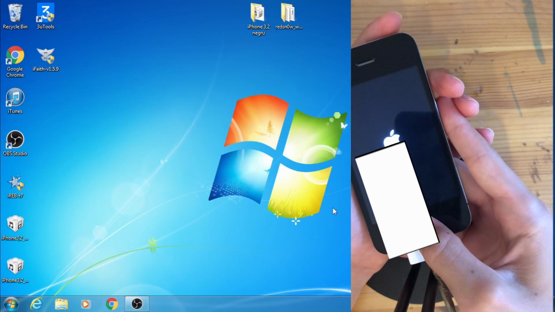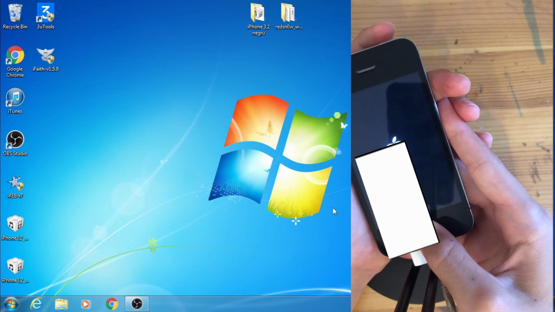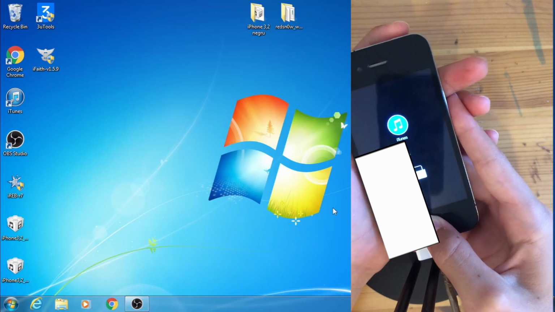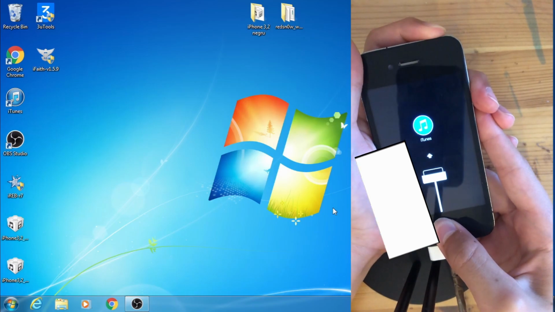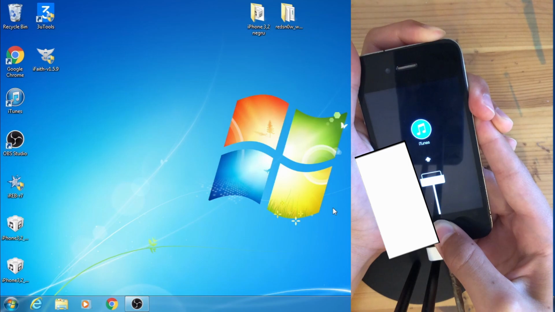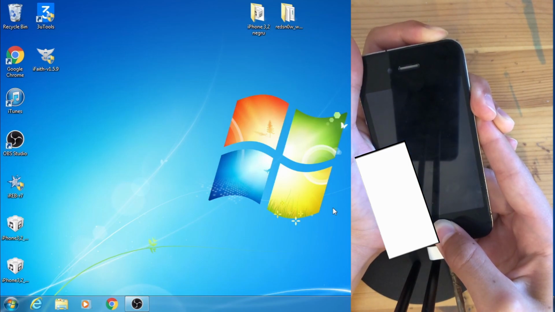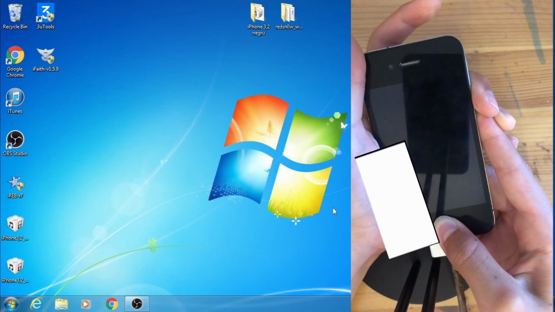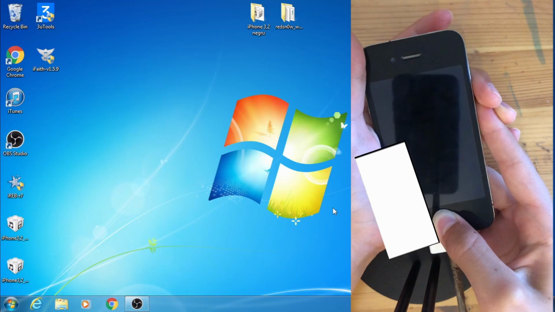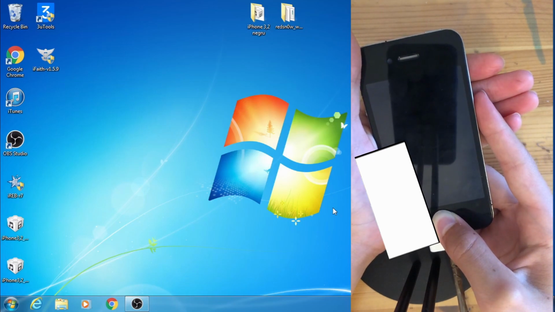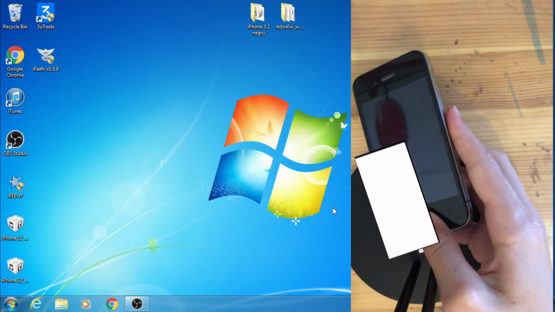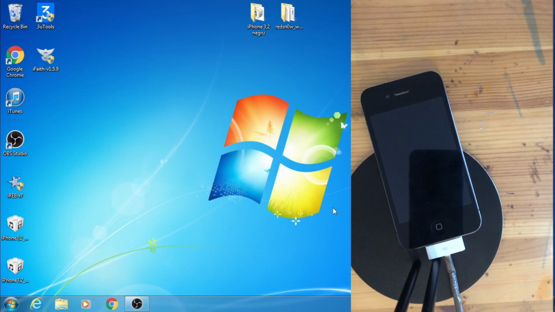Keep it on the home button. Well, now I failed. Try again. 2, 3, 4, 5, 6, 7, 8, 9, 10. Keep it on the home button. And now it's connected on your computer.